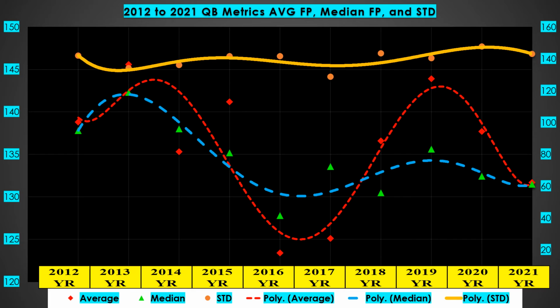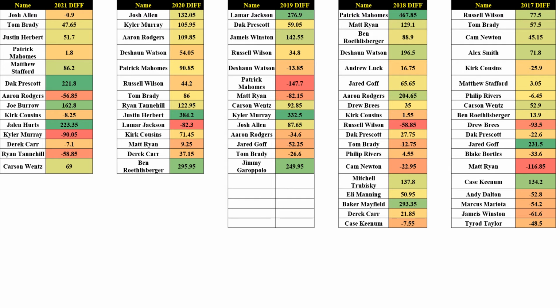Another thing for quarterbacks that was interesting to me was data that I generated, and I just used 2017, 18, 19, 20, and 21. And I have something called that year and its difference. So I just looked at the top group of quarterbacks and compared them in 2021 to 2020, or 2020 to 2019, 2019 to 2018, and so forth. So what you're seeing is the player here, and then the difference from year to year. And so in the top group,